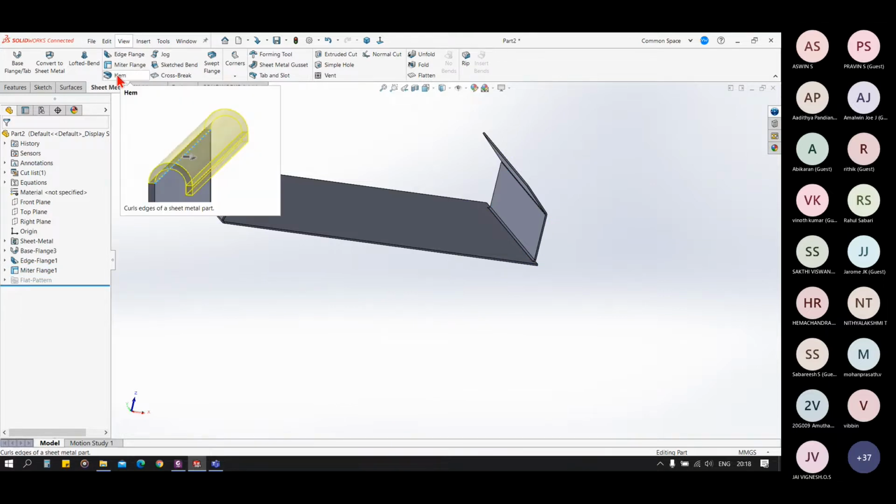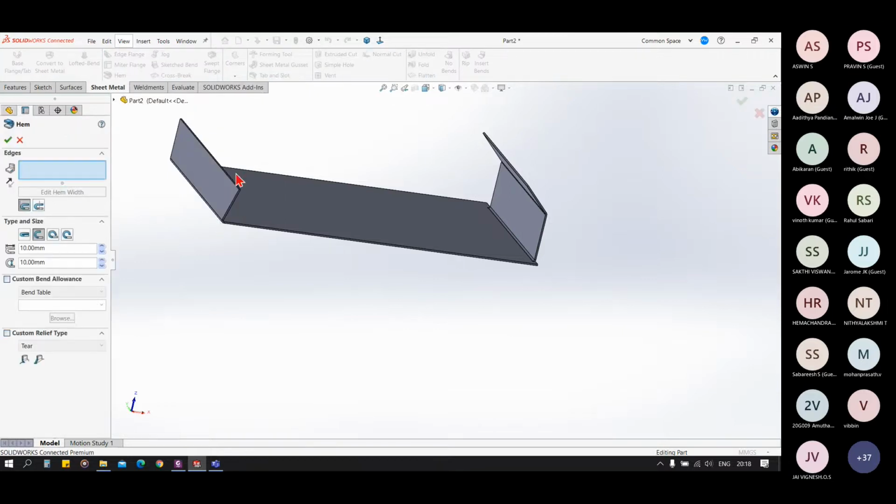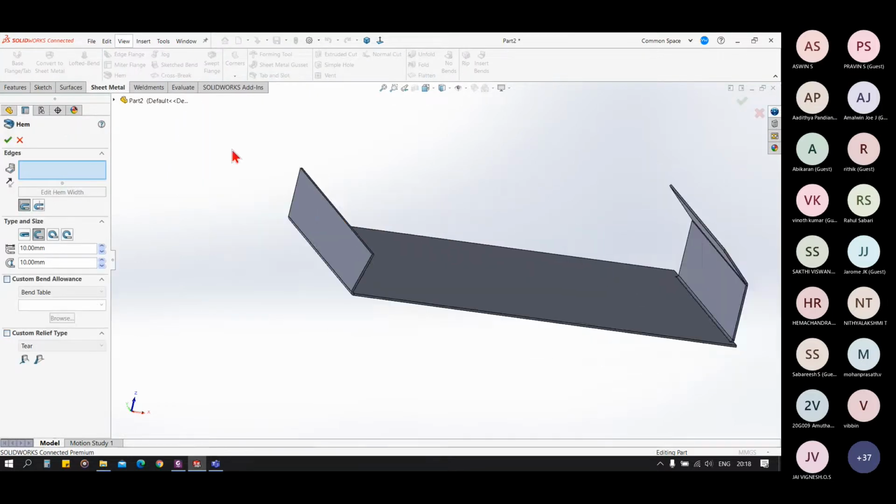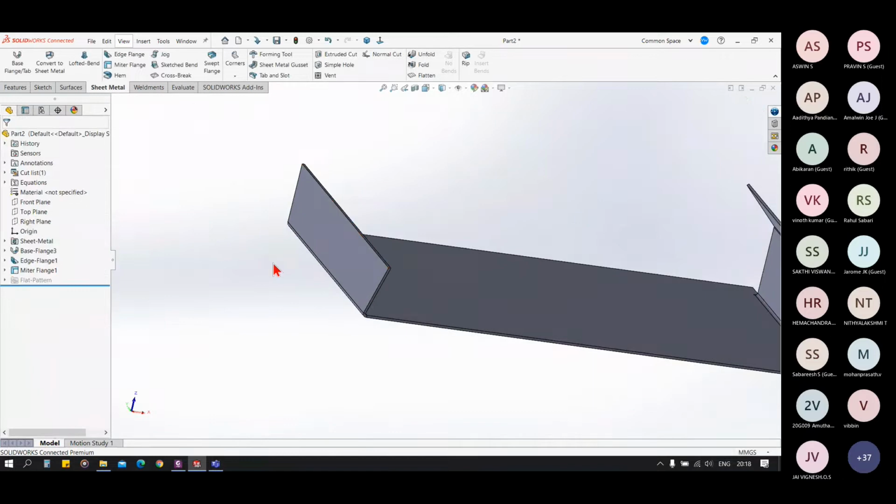So let's see what the hem is. A hem is basically bending of the edges for safety purpose, because the sheet metal edges are sharp. So we have to bend the end edges, because they can cause harm to the operator or owner of that product.